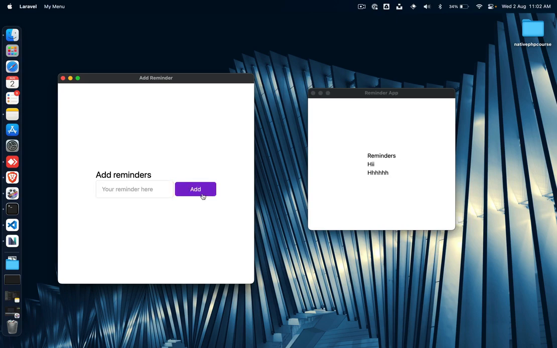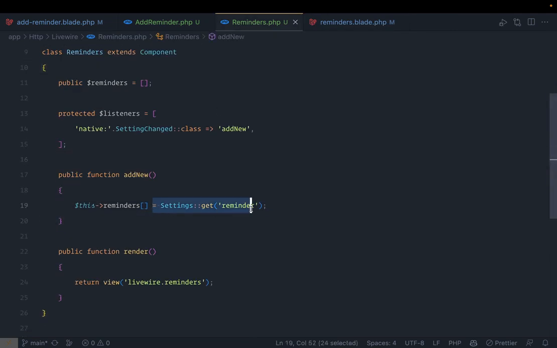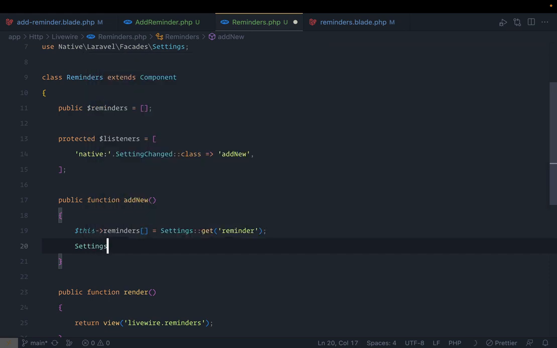Something else. So it's there and it's now empty. That's how it is working. But what if I just say once again ASDF? ASDF, it's not adding ASDF because there is no change in the setting. So this means once we add the reminder from this setting, I can say settings